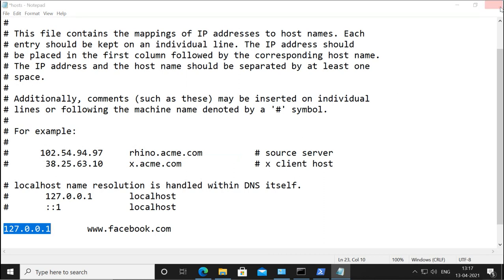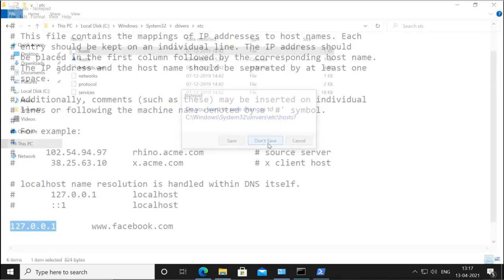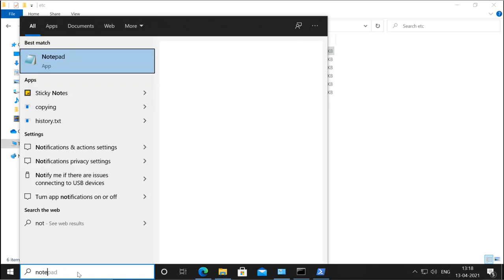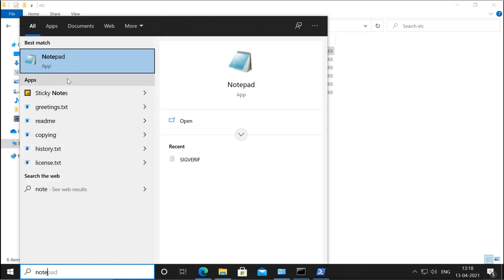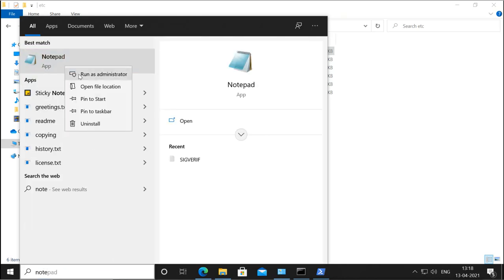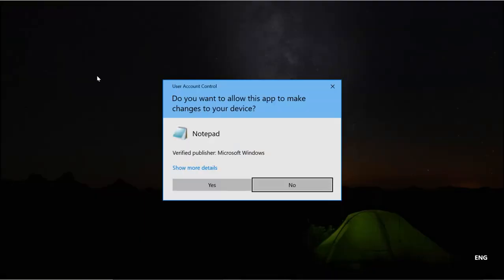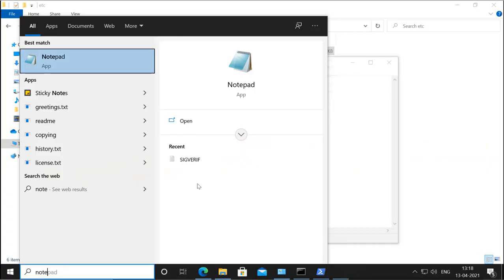So normal users don't have permission to edit, but we can edit it by using administrator permission. I will do this. I will open Notepad. I will right click on it and say I want to run as administrator. Now this Notepad is running as administrator.